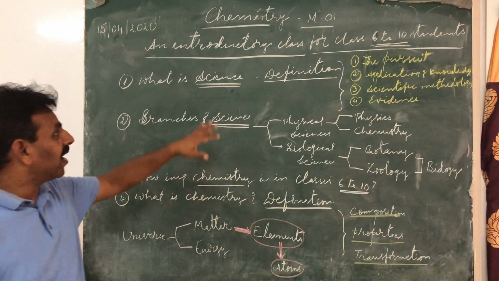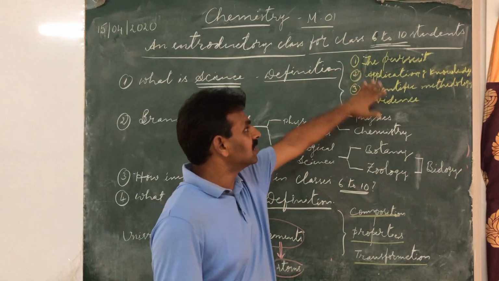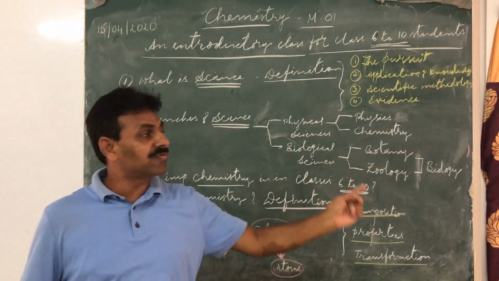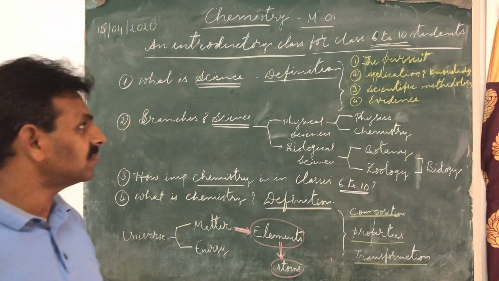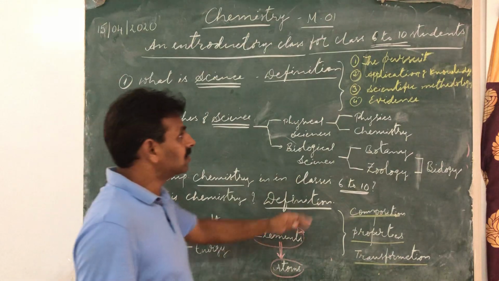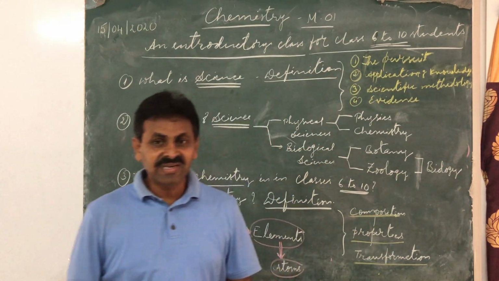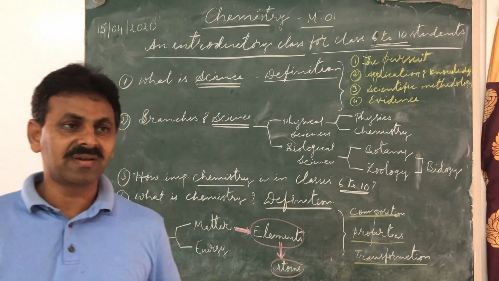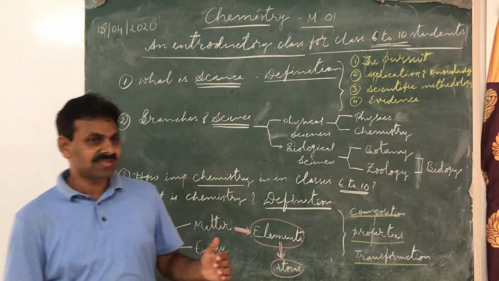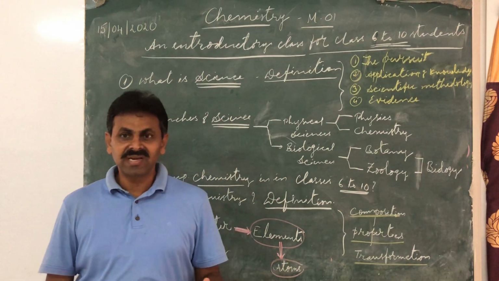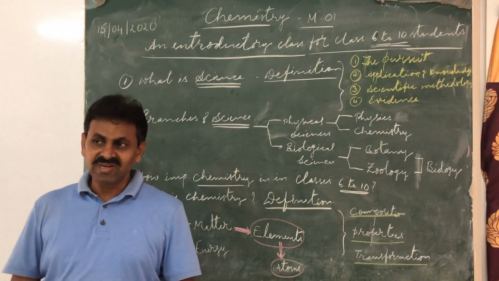So before we define what exactly science is, we must understand these 4 terms or technical concepts. Okay, the first one is pursuit. Pursuit means in search of something, in search of inventing something, in search of discovering something, in search of finding out some solution, in search of